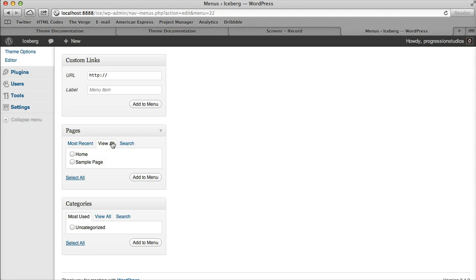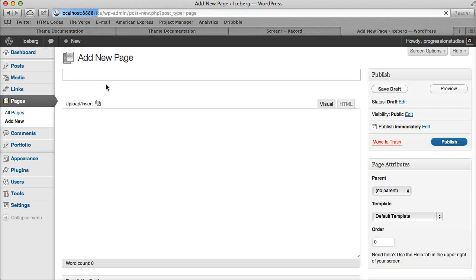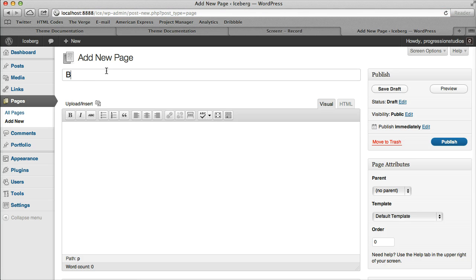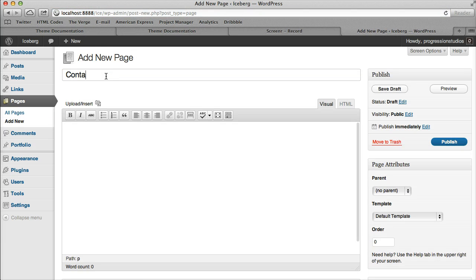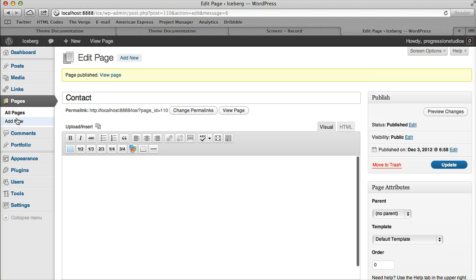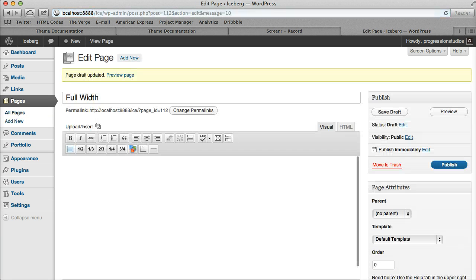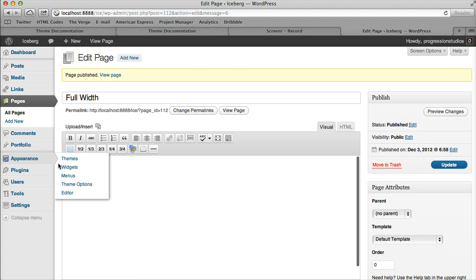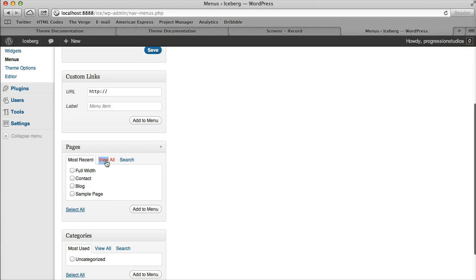I don't really have very many pages. I have two actually. Let me create a couple pages really quickly, just for example's sake, for you. Alright, so then we go to Appearance and Menus, and now that I have some pages to add,